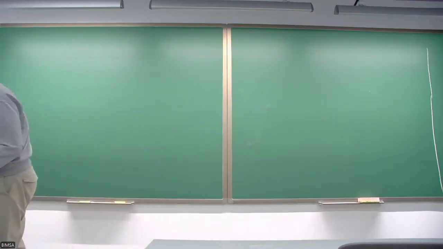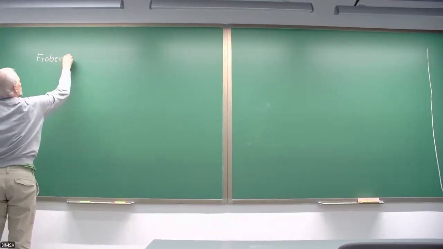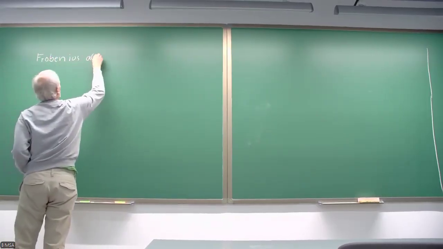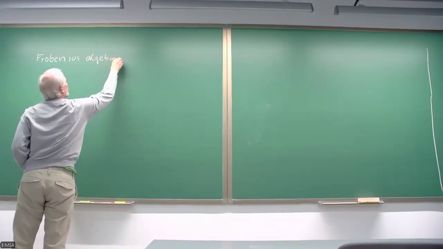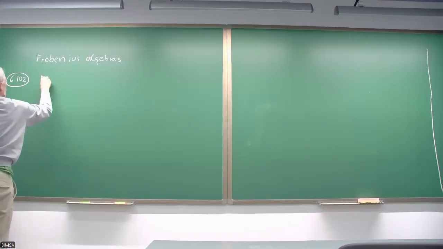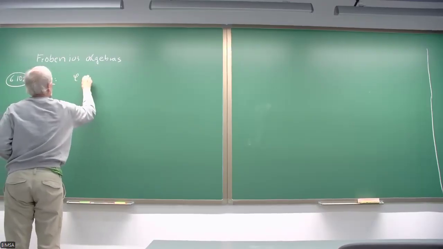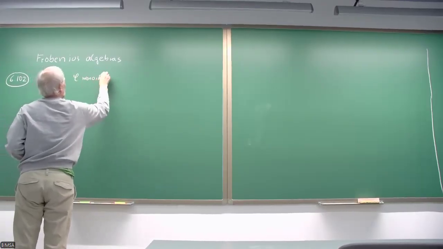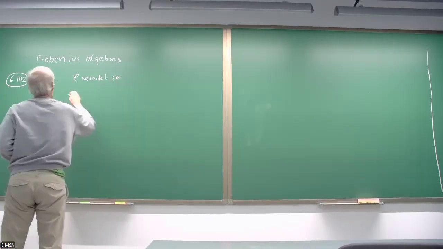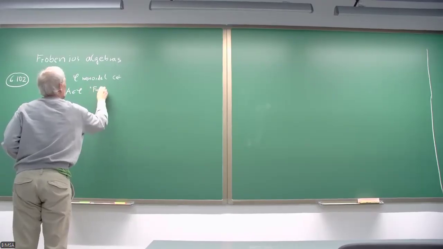So the part that I still have to do is about Frobenius algebras. It's Definition 6.2. This is a real definition now. We assume that C is a monoidal category. And then we say an object A in C is a Frobenius algebra